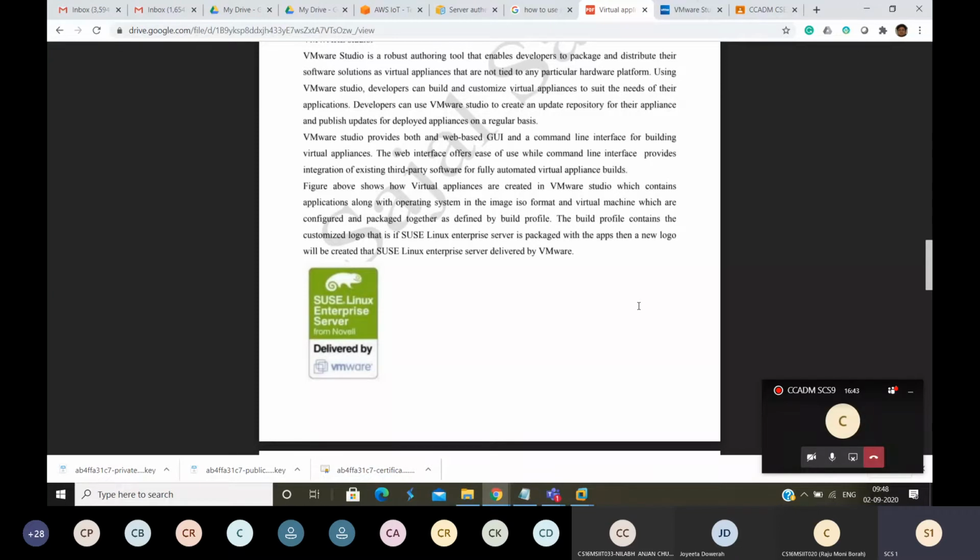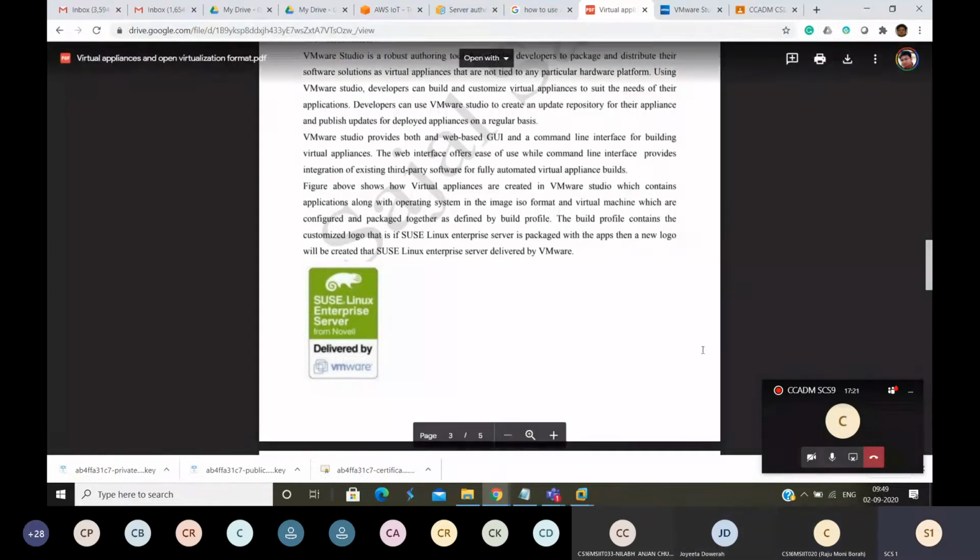Now, the marking procedure I am telling you: those who can create it will get 10 marks, and those 10 marks will be added to your internal marks of 30. After the upper limit of 30 marks, if after adding 10 marks it becomes 35, then you will get 30 only. Or if after adding your 10 marks it becomes 28, then you will get 28 only. Is this clear? Yes sir.